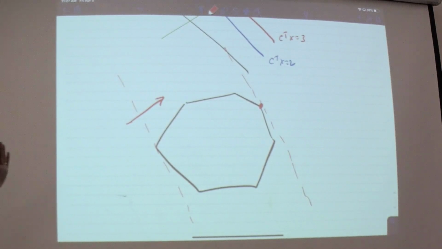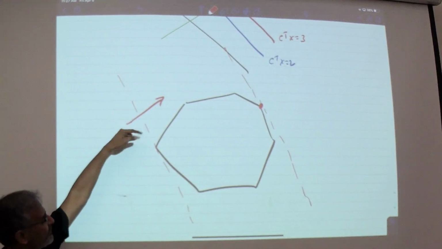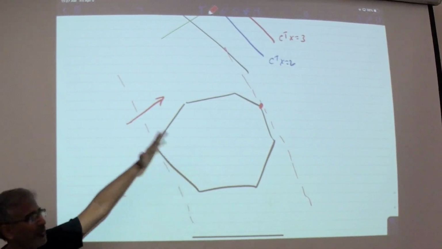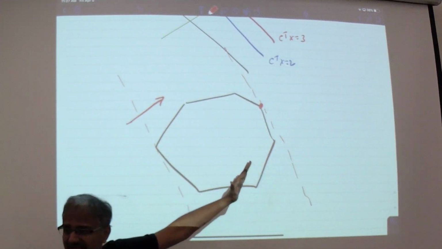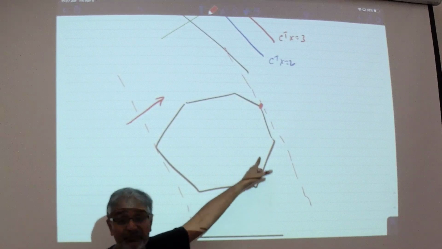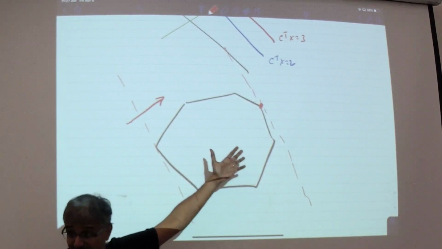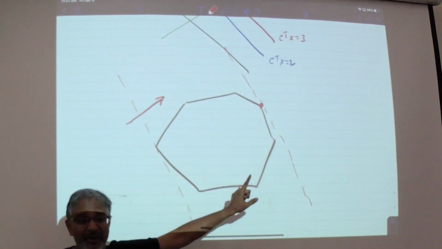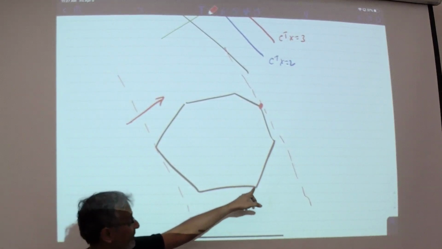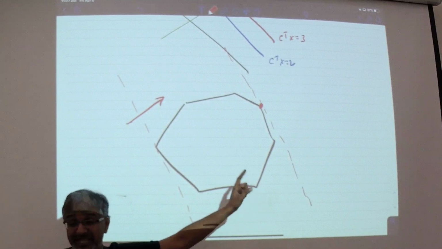Suppose the line was such that the normal was perpendicular to that edge there. So suppose we had another line that went kind of like this, and stop right here, exactly on this. What's that mean? Oh, there are a bunch of different optimal solutions. That also happens, which includes these two endpoints. So the statement that the optimal solution is achieved at a vertex is not wrong. It's not saying it's unique, that's all.